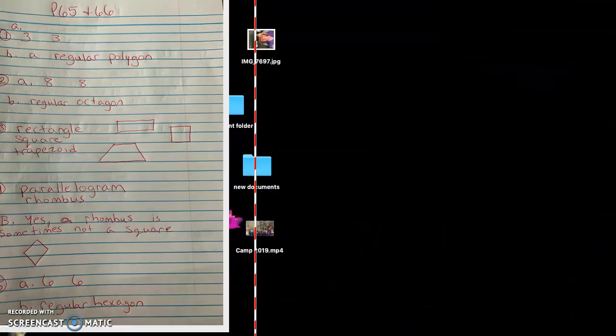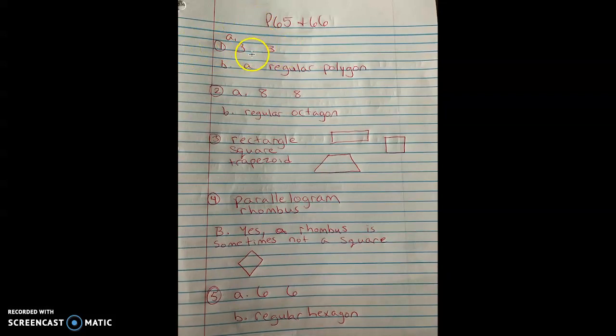Okay, question number 1. It has 3 sides and 3 angles, and they are congruent, so it is a regular polygon. Question number 2. It has 8 sides and 8 angles, or 8 vertices, so it is a regular octagon. On question number 3,